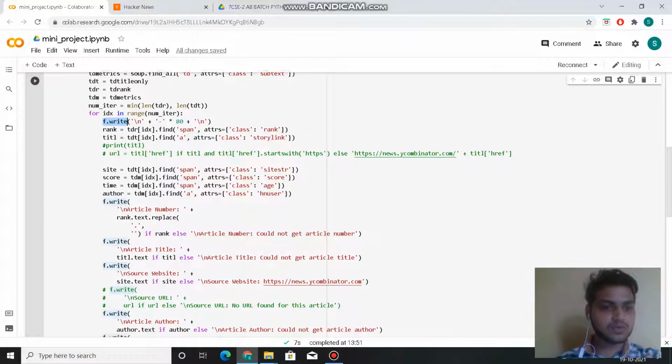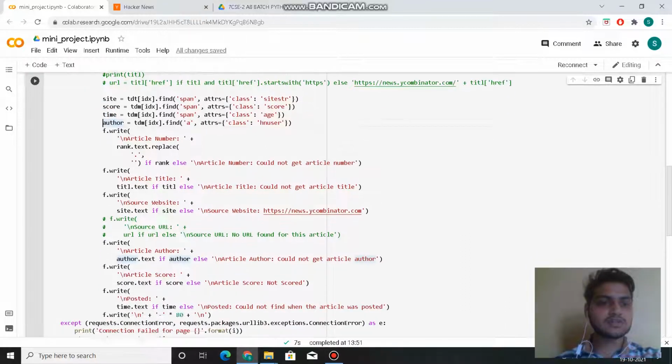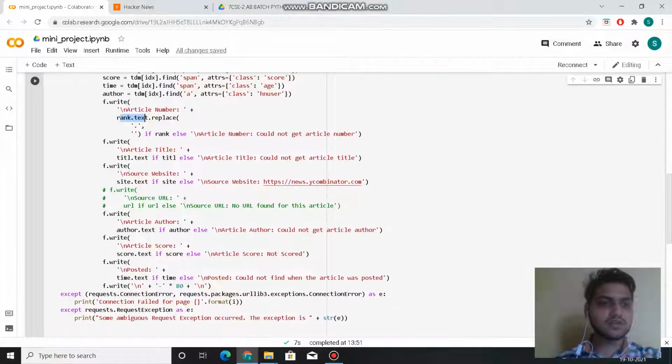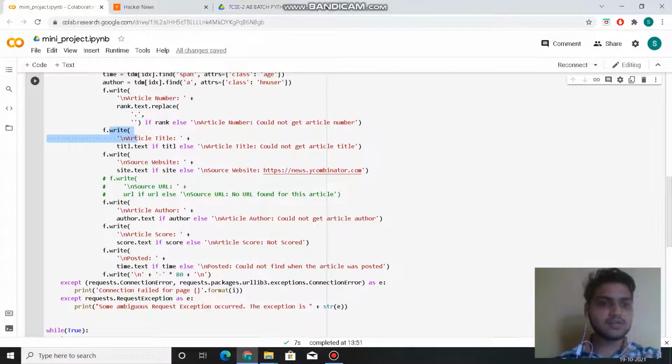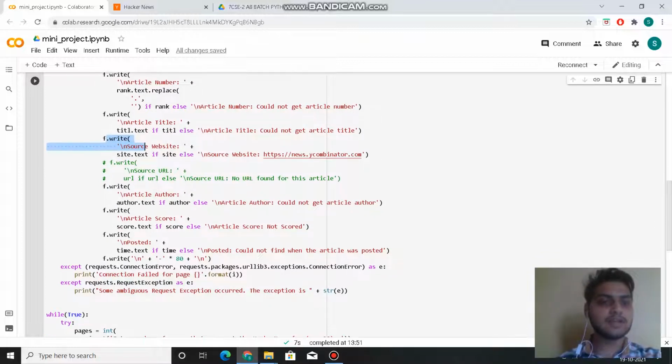So these are nothing but finding the site, finding the score of an article, finding the time when it was published, and finding the author name, and then writing them into a file: the rank, the article title, and the source of the website, that is, the website link we are given.